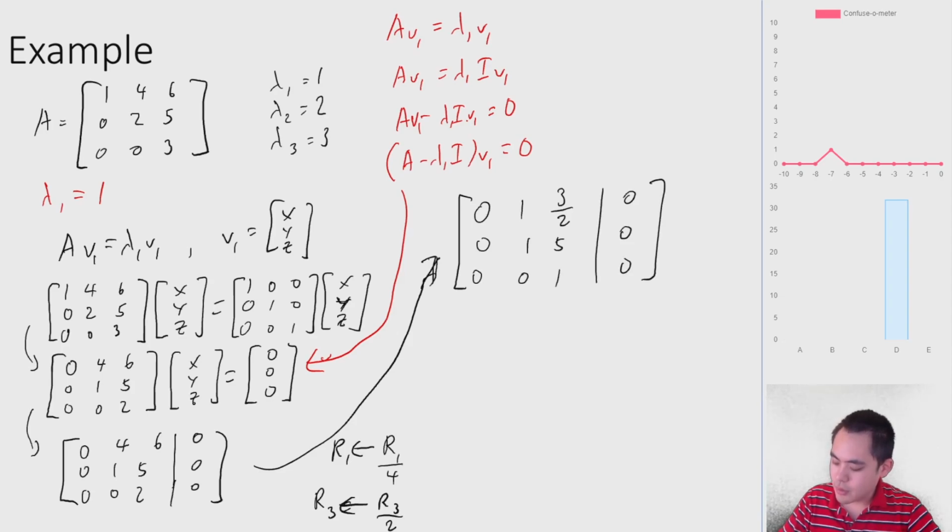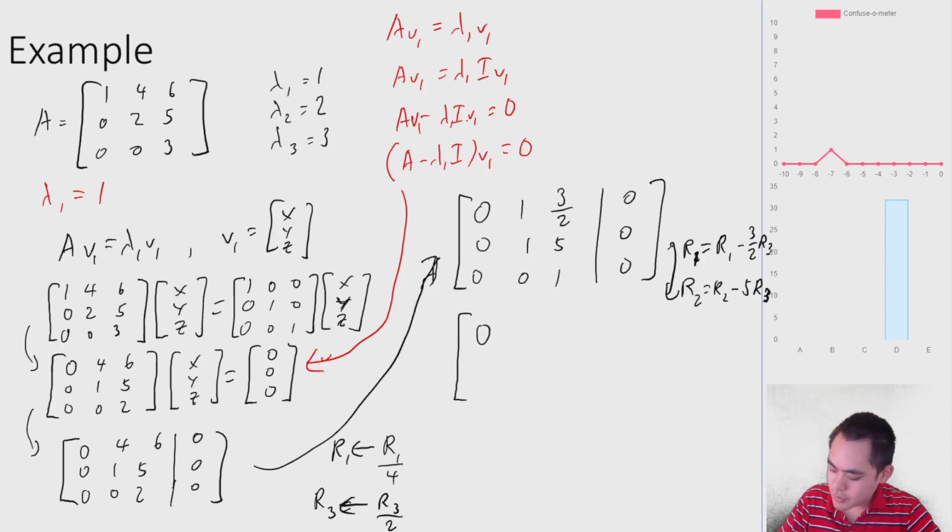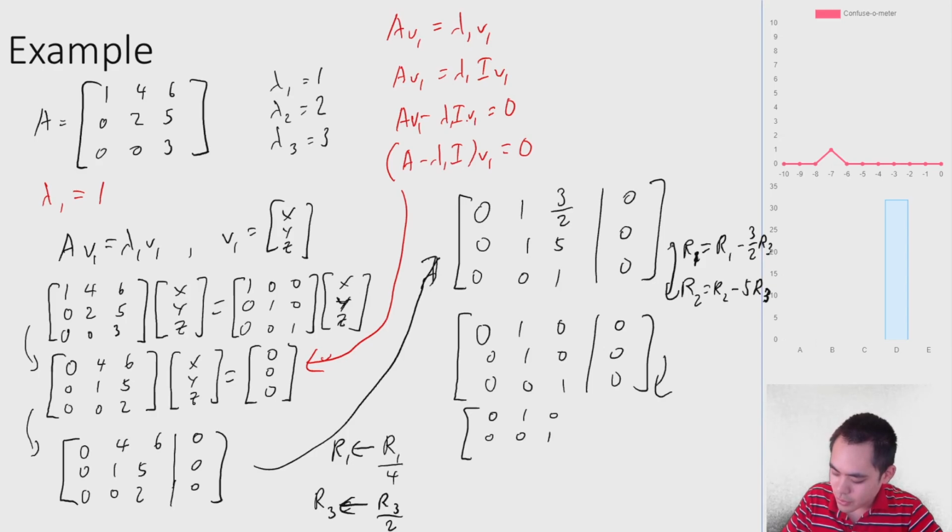0, 0. But now, of course, we can just subtract out, so row 1 is equal to row 1 minus 3 halves row 3, and row 2 is equal to row 2 minus 5 row 3. And you're left with 0, 1, 0, 0, 1, 0, 0, 0, 1, 0, 0, 0. And of course, the second vector doesn't really matter. So this gives you 0, 1, 0, 0, 0, 1, 0, 0, 0, 0, 0, 0, by just rearranging the